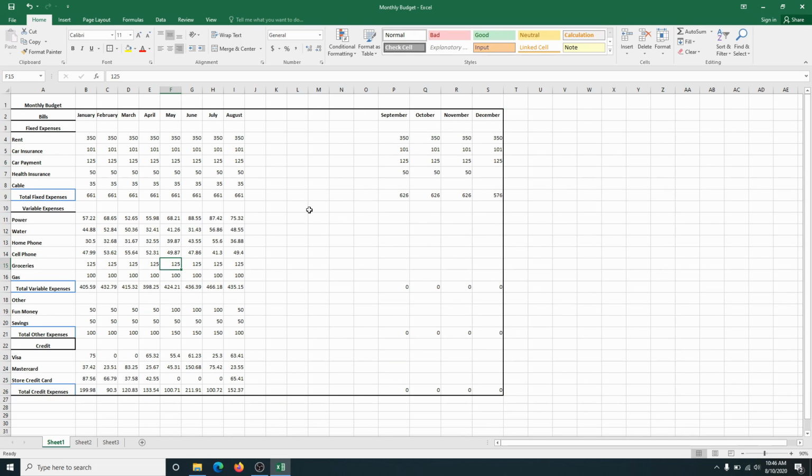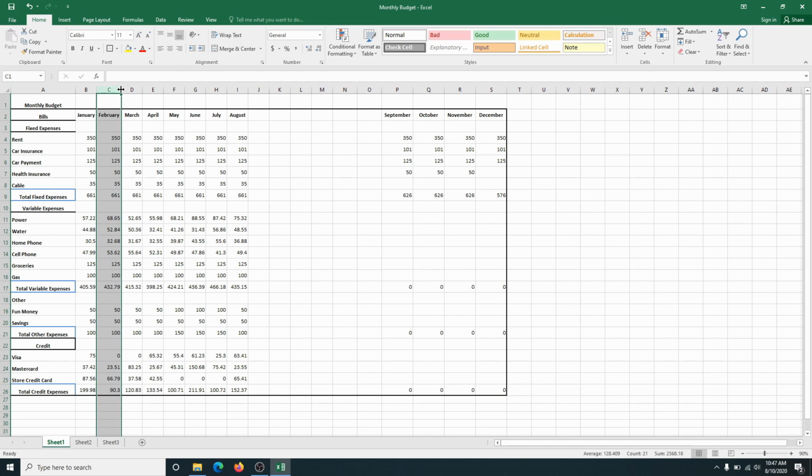Now I'm going to take a second to look at my document and see if I need to do any other tweaks with column and row adjustments, and I see that I want to adjust column C to be a little bit wider to fit February in the box a little bit better. So I'm going to highlight C, drag it over to the right just a bit, and now February fits nicely